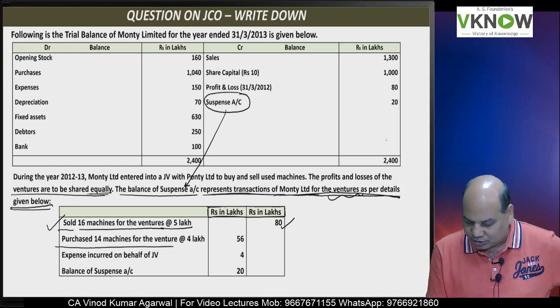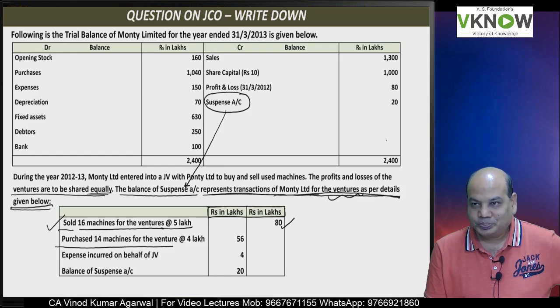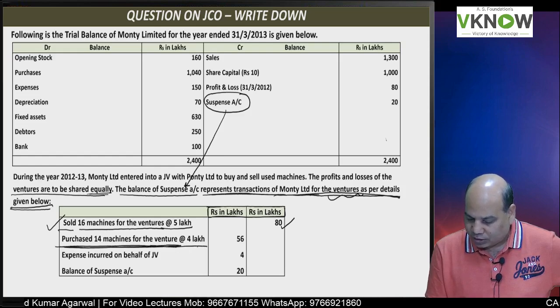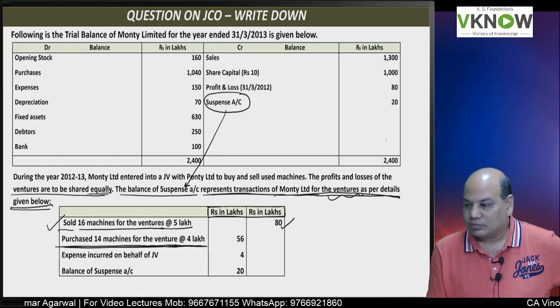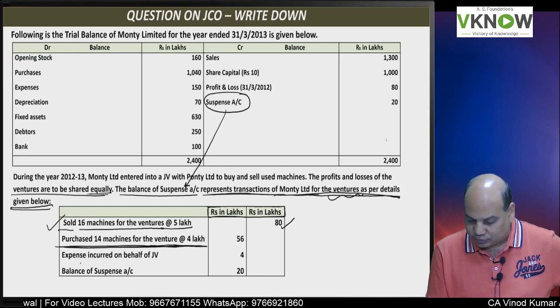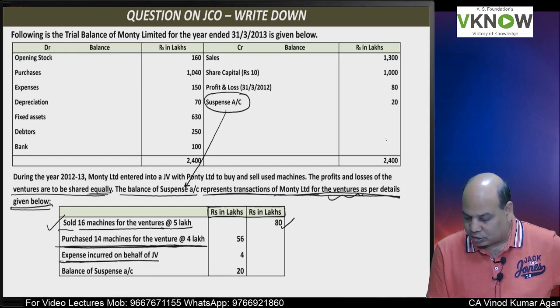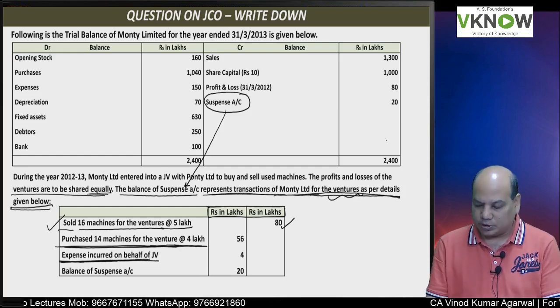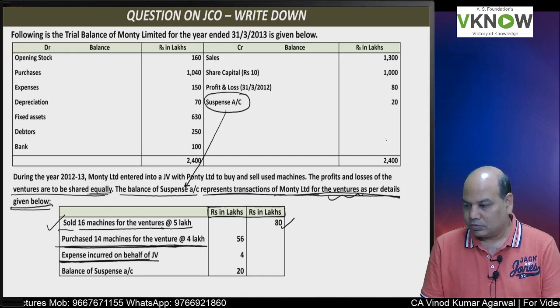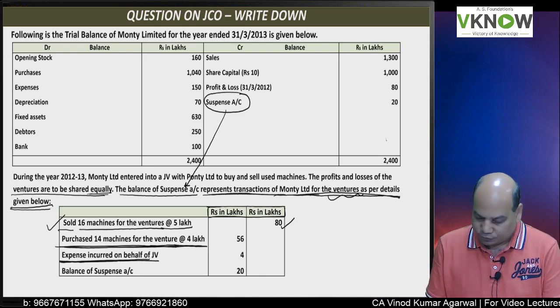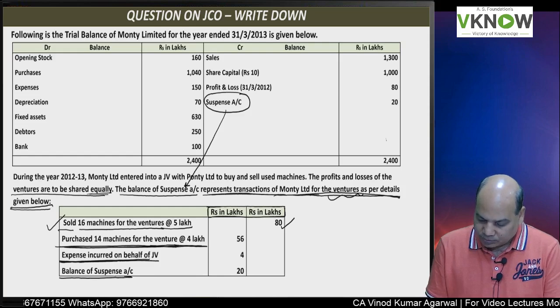Purchased 14 machines for the venture at rupees 4 lakh, 56 lakh, 14 into 4. Expense incurred on behalf of JV 4 lakh, and then balance of